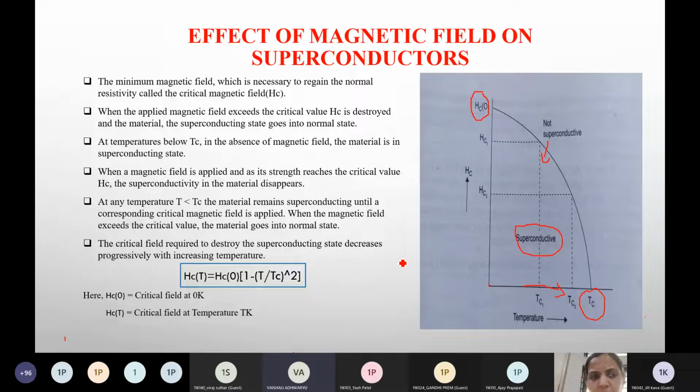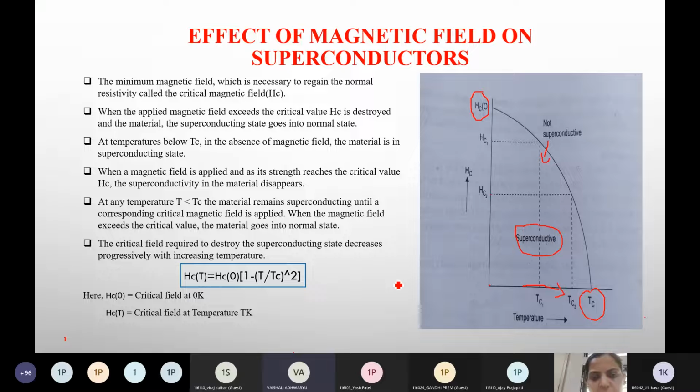Now can anyone tell me what value T can take? Which value is permissible here? Which value of T is allowed here? Tell me, anyone of you? It should be less than Tc, so that it does not become negative. Yes. Perfect. It must be less than Tc.